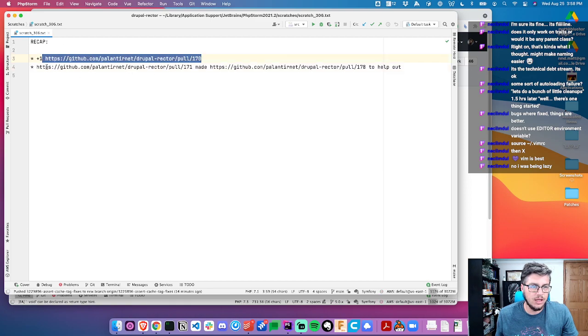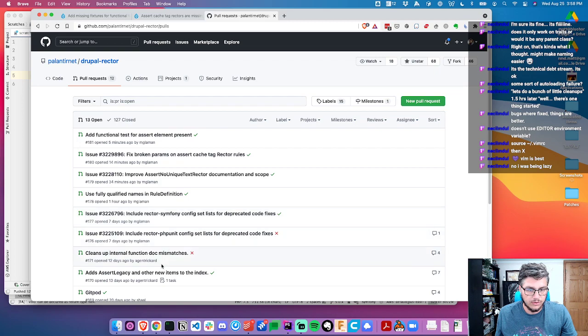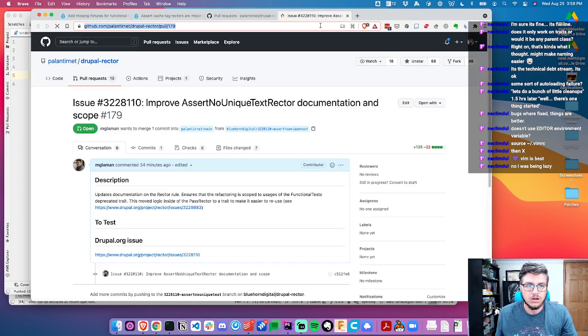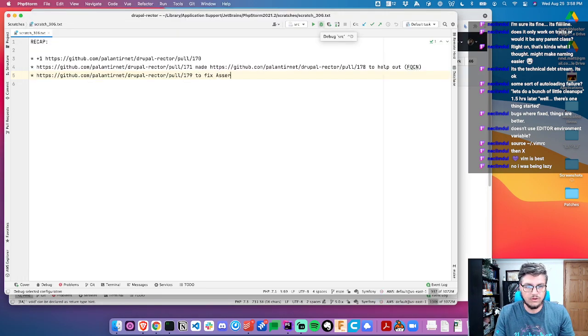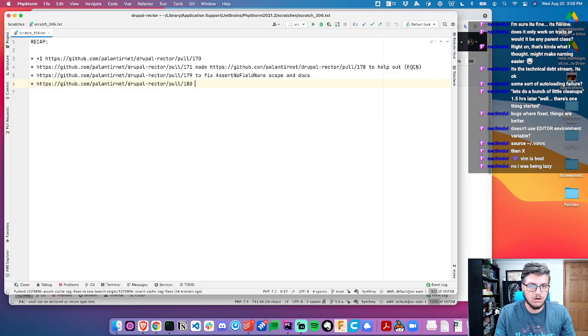So plus one on that, made PR 171, made 172 to help out. Fully qualified class names, so we did that, which is there. To fix assert, no field name, scope, and docs, to which we did this PR, crit fix to cache tag assertions, rectors,